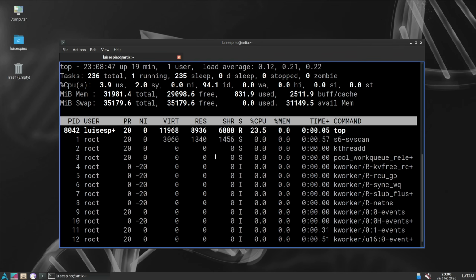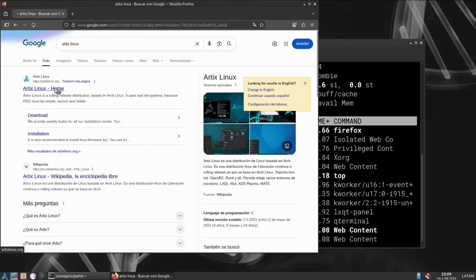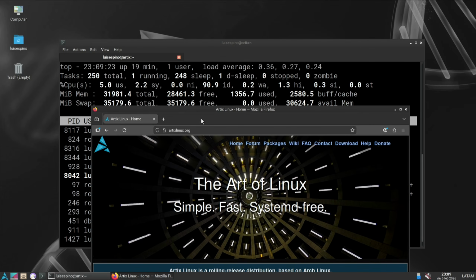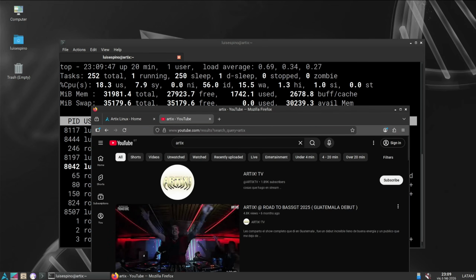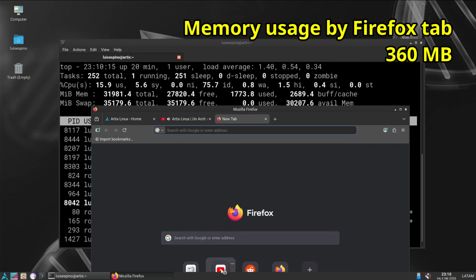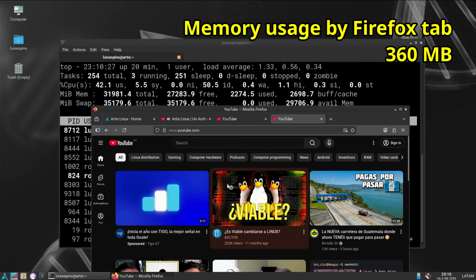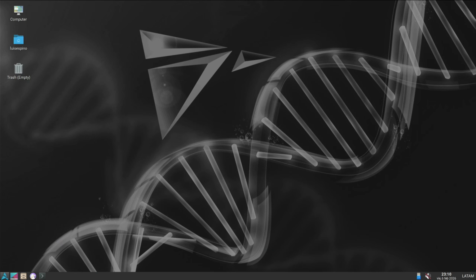We run top to observe the resources consumed by Firefox with a single window open. At first, execution issues appear due to some conflicts. Now we open a second tab with a video, then a third and a fourth tab. The result is average, similar to Arch Linux. We close the windows. We have finished the evaluation of Artix Linux, shut down the system, and now proceed to